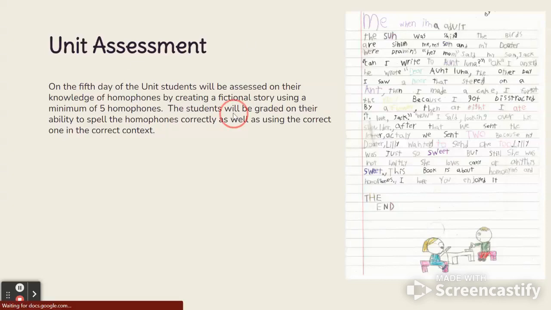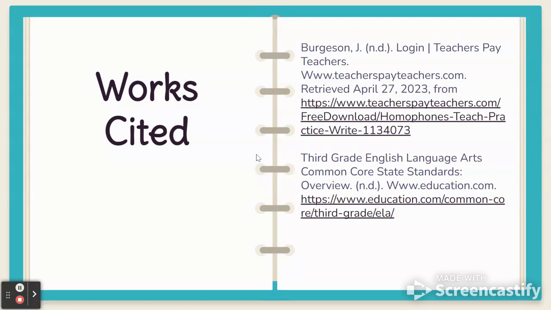And then my final slide here is just my works cited. Some of the worksheets that I used, I found on Teachers Pay Teachers, and then I also referred to the Common Core State